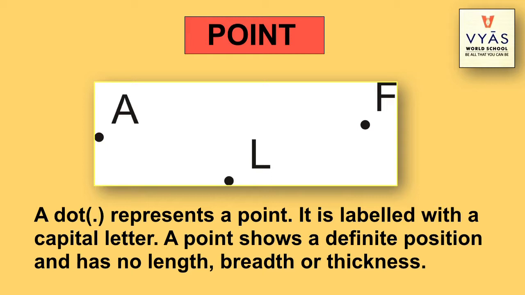We write a point whenever we are making a point on a plane surface. We represent it with capital letters, like you can see on your screen. I have made 3 dots and I have labeled them. I have represented them using capital letters. You can name them as A, B, C, Y, X, Z, K, L, anything like that. So a dot represents a point and we label or represent a point using a capital letter.